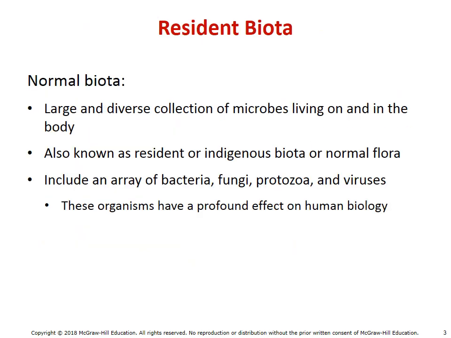Before we get too far into disease, we should point out that we do need bacteria in and on us. In fact, we call the good bacteria occupying space in and on us the normal biota. There's a lot of different things that would naturally live in and on our body. We often call these things resident or indigenous, but we can have things like transient organisms that are moving in and out. This will also include not just bacteria, but fungi, protozoa, and even viruses.